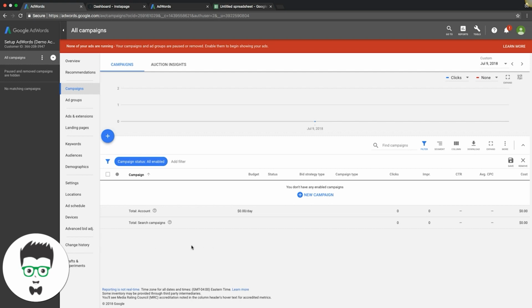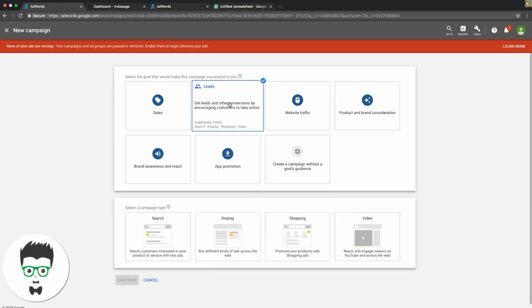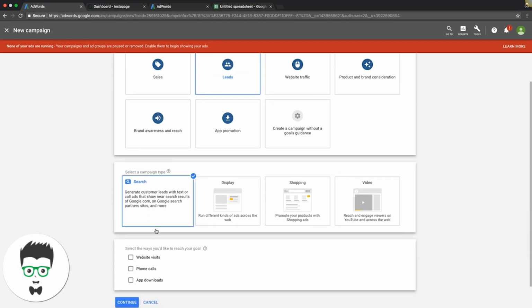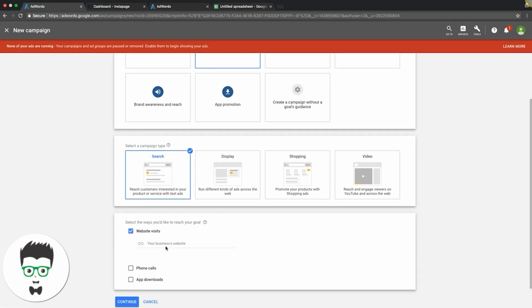So first things first, we are going to come up into our campaigns tab in your account. And like I said, you'll either have campaigns here or you won't. We're going to create a new campaign. So you either click this here or we do a little plus sign here. New campaign. It's going to ask you which goal you want to select. We're going to be doing a roofer, so we're going to be going for leads. And we want to choose search. And we want website visits to our landing page, which is